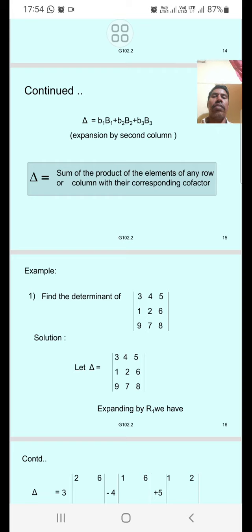Like this you can test at home. First you do with first row and find the determinant, then take second row and follow the same procedure, and then find the value and check it is same or not. If you got the determinant value by expansion